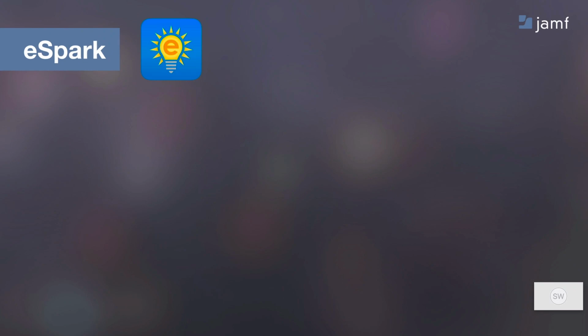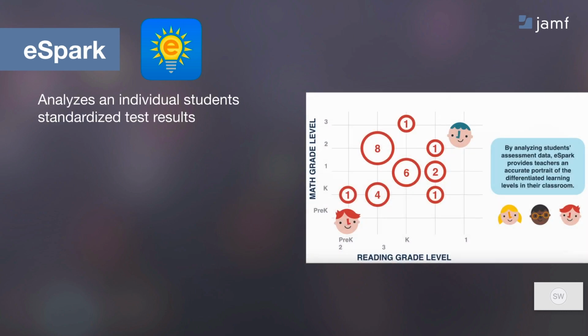And lastly, eSpark. eSpark is a company that we've had a partnership with for several years, but they solve the big problem of what are the other apps in the App Store that actually make a difference for students, and how can I make my job easier so I'm not constantly getting app requests from teachers? How do I make sure that the apps that I'm getting are standards aligned? And what eSpark does, it's a very big concept, but to boil it down into 4 bullet points, eSpark